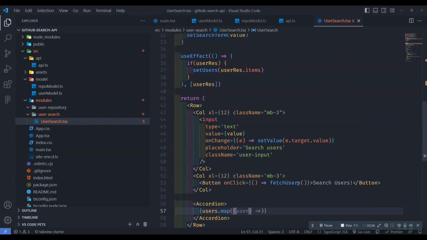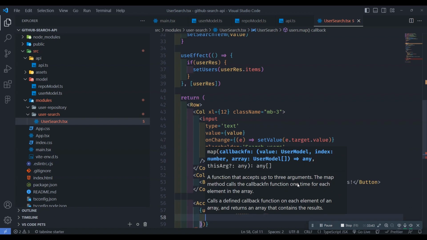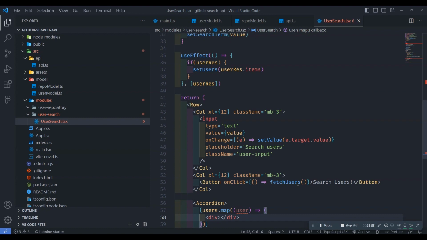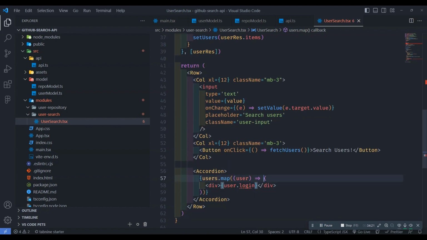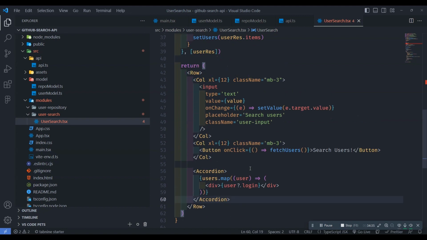and then take the user, and then we return a div with a user.login, and don't forget to add a conditional rendering to prevent error, that question mark,